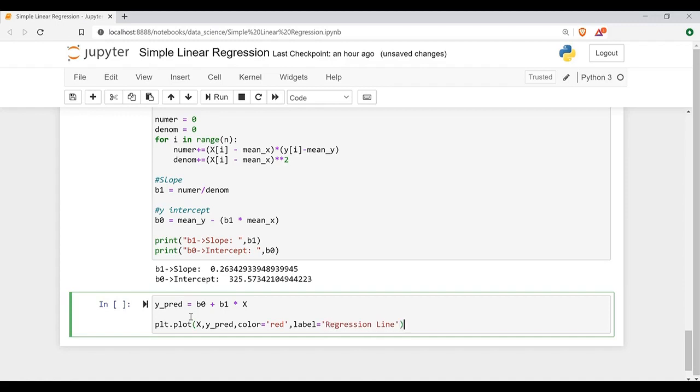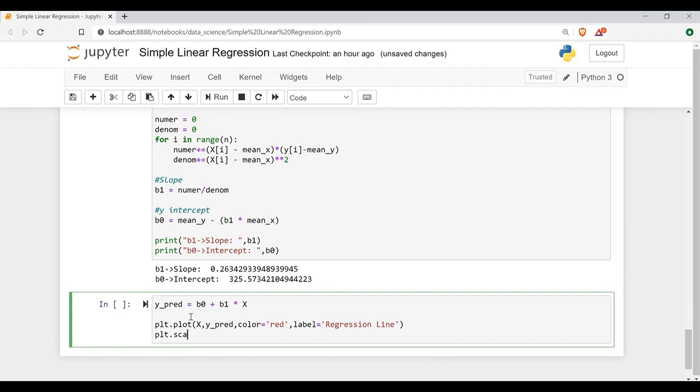Then plt dot scatter, next one is the scatter plot. So plt dot scatter, and we'll pass the x and y values. The x values as usual, and y is the observed y values. Then I'll give some color. We can write color, or we can also write c equals, in this fashion.